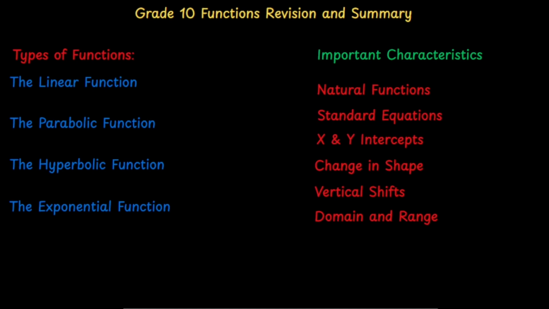We know that in grade 10, you guys learn 4 types of functions, and that would be your linear function, the parabolic function, the hyperbolic function, and the exponential function. And these functions have set shapes. When I'm speaking about a set shape, I want you guys to think of how the function would exist without any manipulations to it. So for each one of these functions, you would get something called a natural function, and that is how the function would exist in nature without any vertical manipulations, horizontal manipulations, changes in shape, and stuff like that. It's just how it exists in nature, and using that, you would be able to understand the characteristics